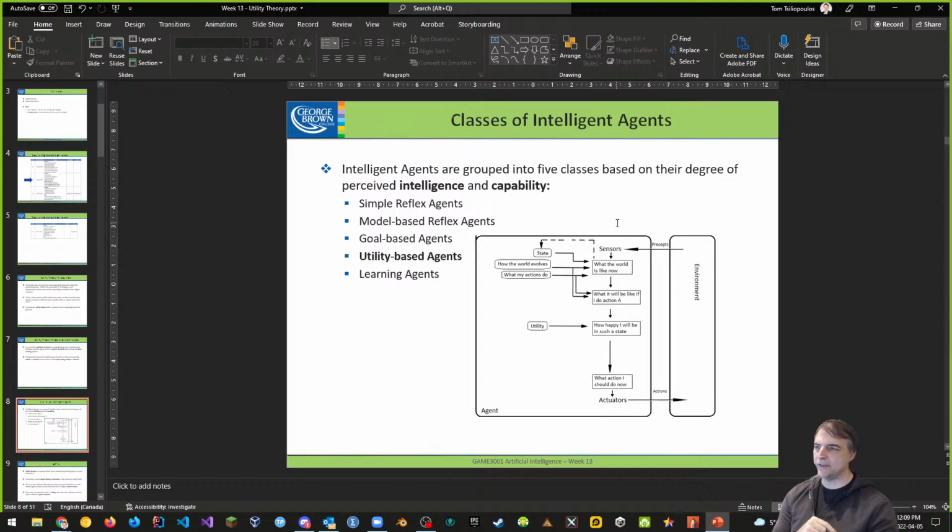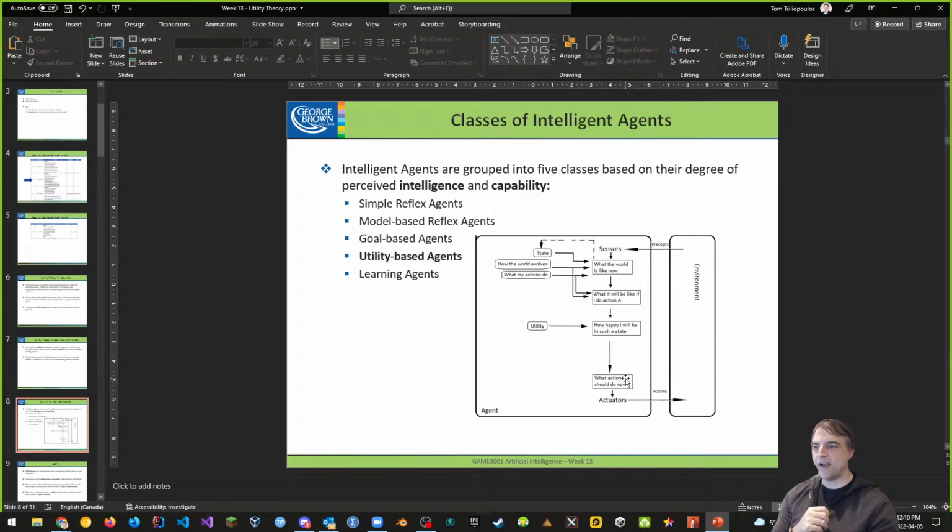The game world feeds its information to its sensors. And we have some kind of game state, what the world is like now, and what my actions will do. If I do some action, it'll change the world. What will it be like if I do action A? How will the world change if I do action A? And then utility gets kicked in there and says, how happy will I be in such a state? If I do action A, how happy am I going to be as an agent? And then